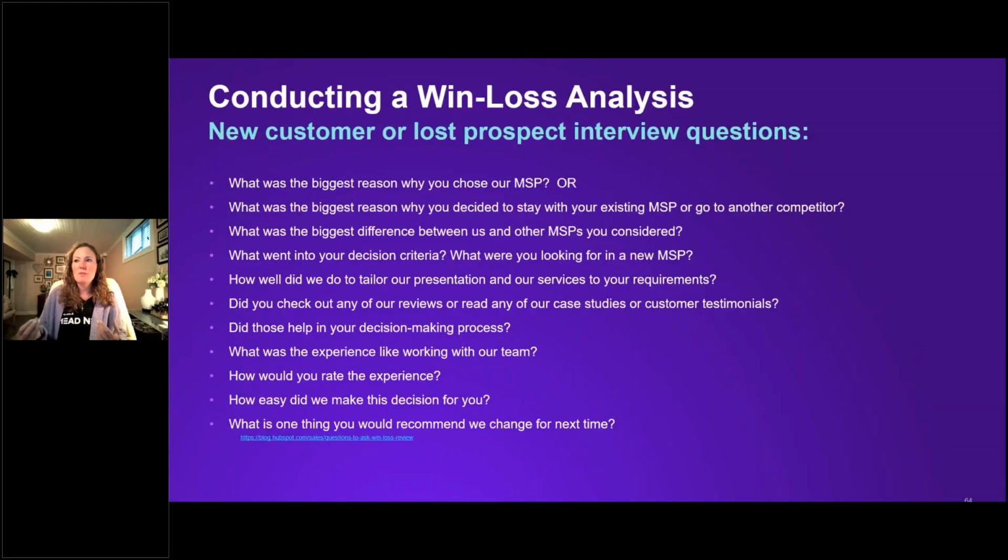So looking at the types of questions that you would ask in a win-loss analysis, this came from a good blog post from HubSpot. I haven't listened out here, but basically, what's the biggest reason why you chose our MSP in the event that you won the client? Or what was the biggest reason why you decided to stay with us? Or why did you decide to stay with your existing MSP or go to a competitor, if you